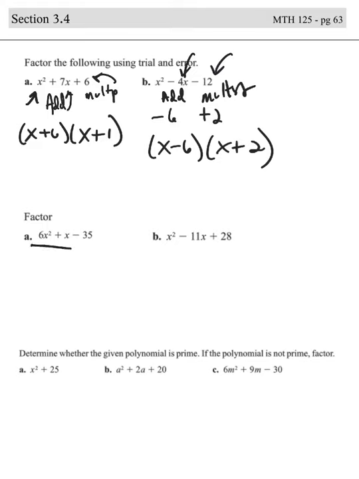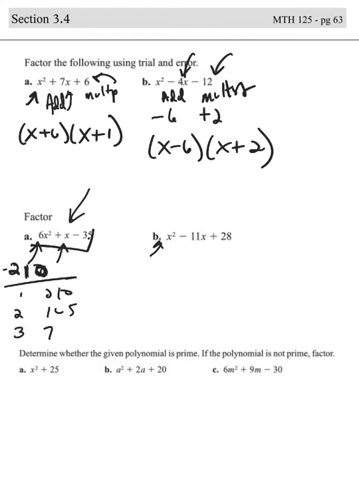This one here, I would never suggest trying to do trial and error for something that has a leading coefficient of 6. I only do that if I have a leading coefficient of 1 because I don't want to waste my time. So if I was going to do one like this, again, I would multiply the 6 times negative 35, which is negative 210. And I'm looking for two factors that when I combine them, they give me x. 1 times 210, 2 times 105, 3 times 70,